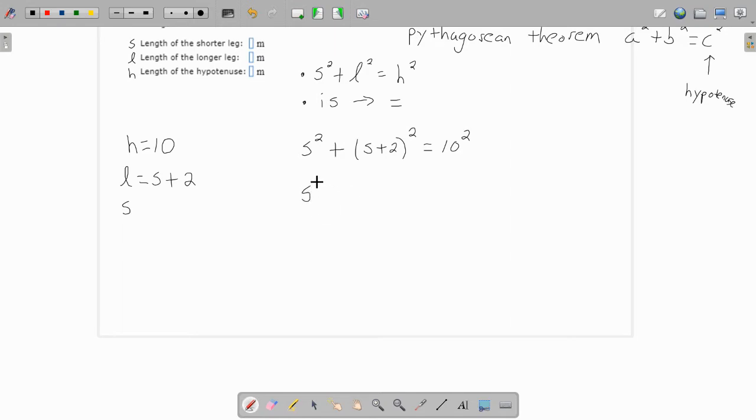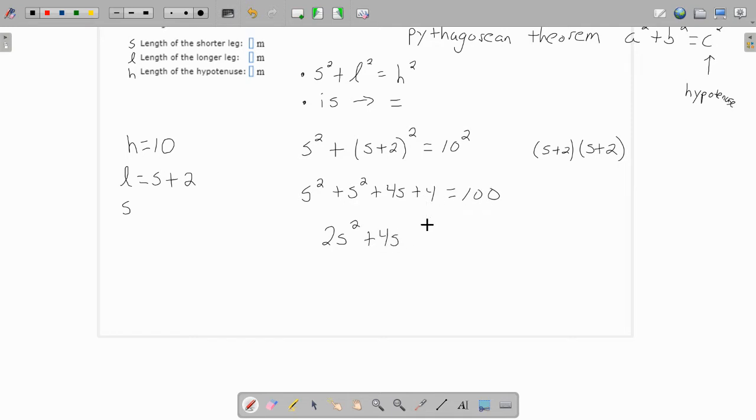All right, so S squared, we have to FOIL S plus 2 squared. Don't square both pieces. That's illegal math. So we have to FOIL this. So we get S squared plus 4S plus 4, because S times S is S squared. S times 2 is 2S. 2 times S is 2S. That's where the 4S comes from. And 2 times 2 is 4. Equals 100. All right, so we're going to end up with 2S squared plus 4S